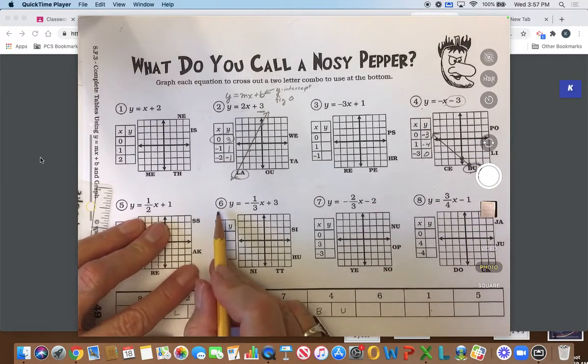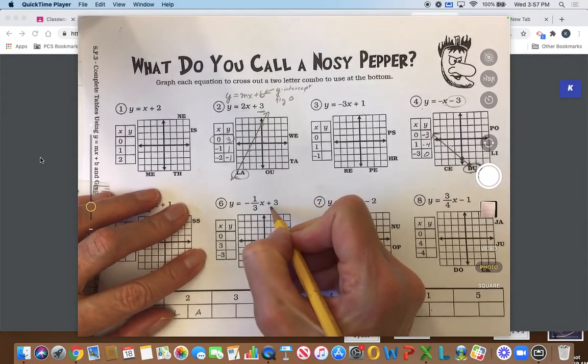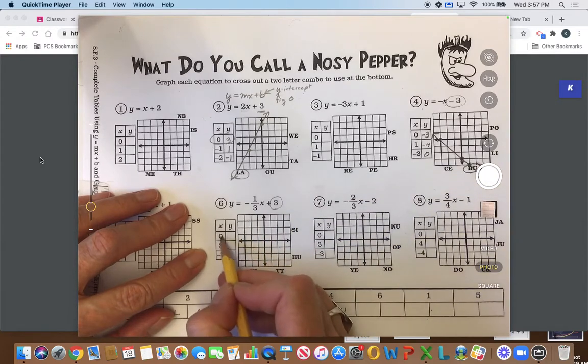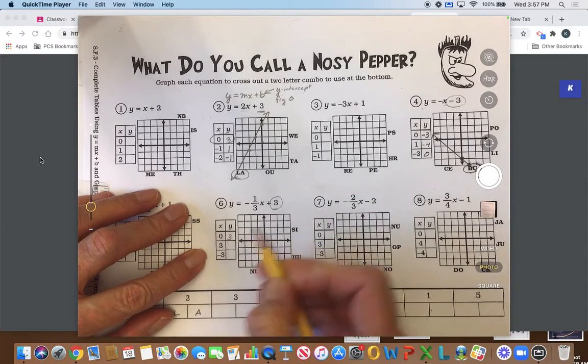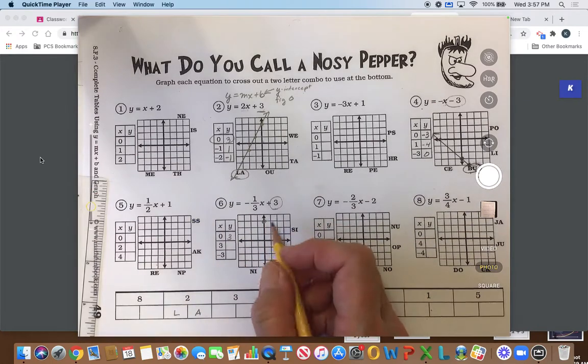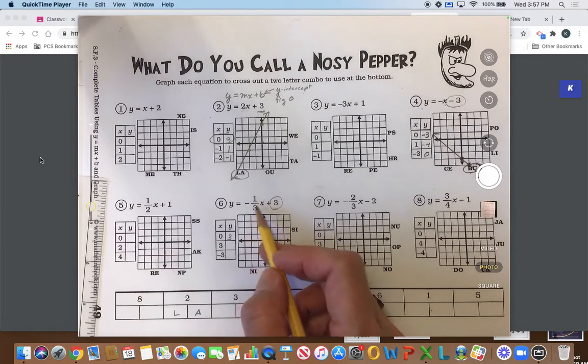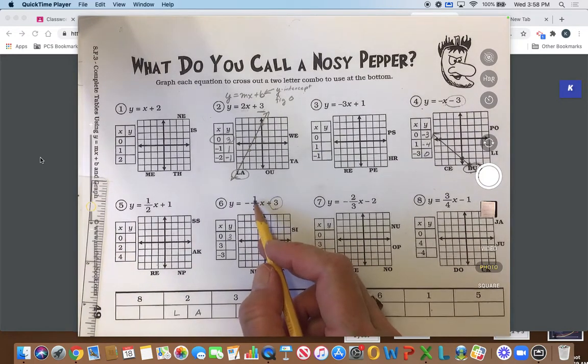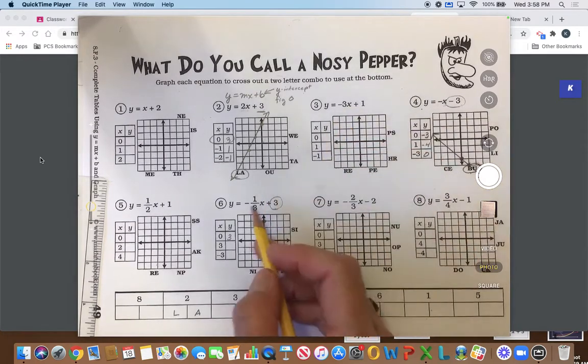Okay, so now let's go to 6 and look at this one. So we know our y-intercept is 3. We also know that figure 0 here is also 3. So I'm going to graph the y-intercept right here. We filled in figure 3. So now this is interesting because our slope is a negative 1/3. So that means that for every change, this is a little different. We're used to having a slope that's just a single digit like that. But this one is a